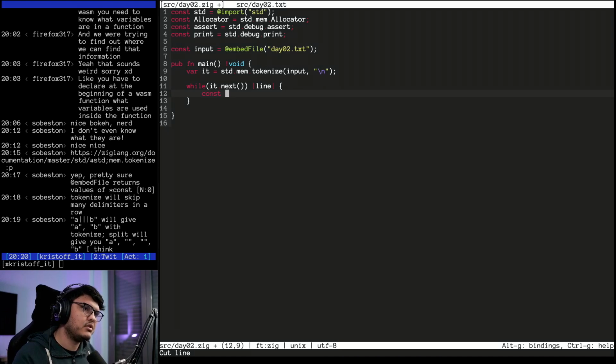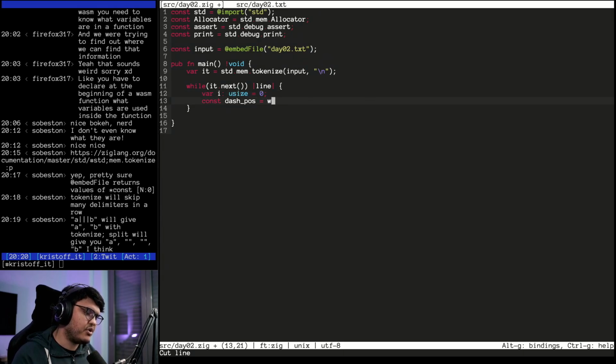const dash pos. The dash position is... can I do that directly like this? I have to do, I think, var i of type usize equals 0.